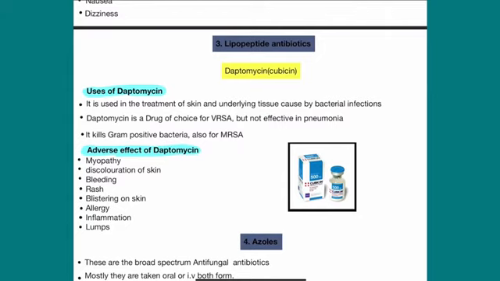But when both options are in the examination, then we will choose MSSA, because mostly it is a drug of choice for MSSA, but it is not effective in the case of pneumonia. In examination, when they ask why it is not effective in case of pneumonia, then I will choose the option like, we will choose because it